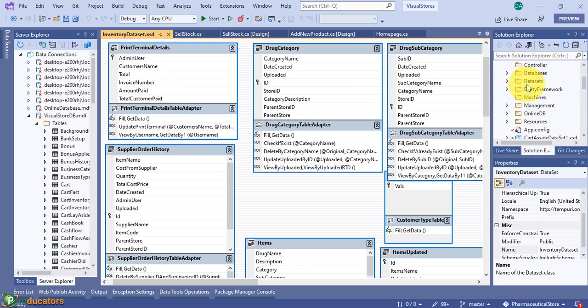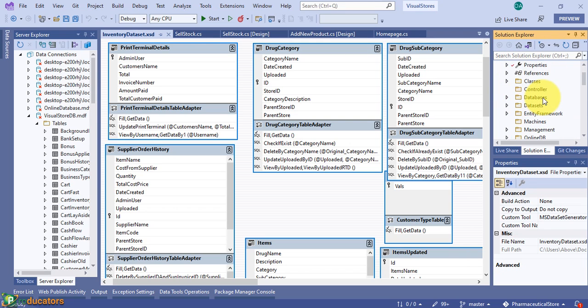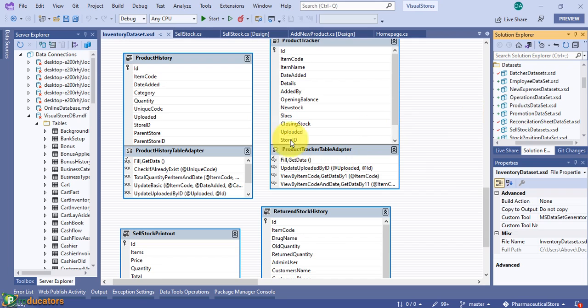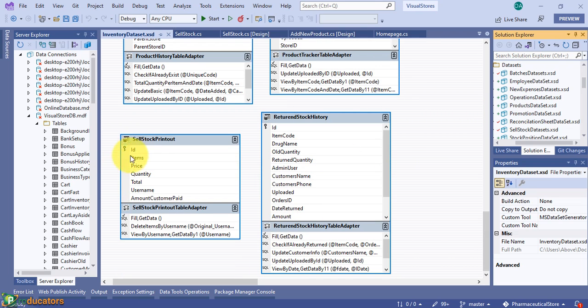Then we have for entity framework. Then we have for data set, employee, and all that. So you may not need all of this because there is for instance part of this, purchase. Now print, the way we've done it is very simple. What we have done is that this is being mapped with your database. Now let me show you how you can do that quickly. Let's assume you want to create a